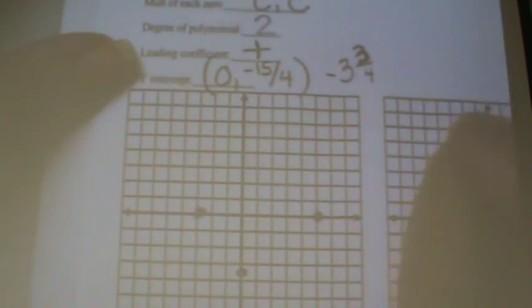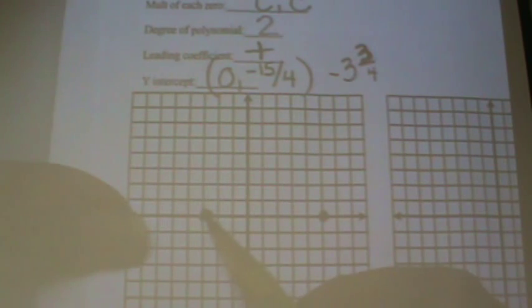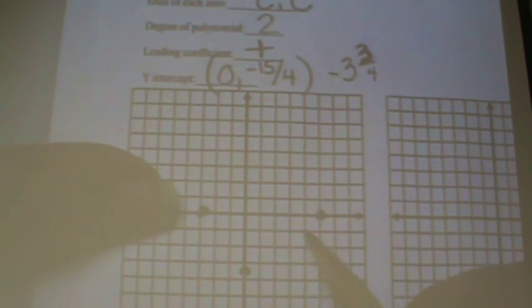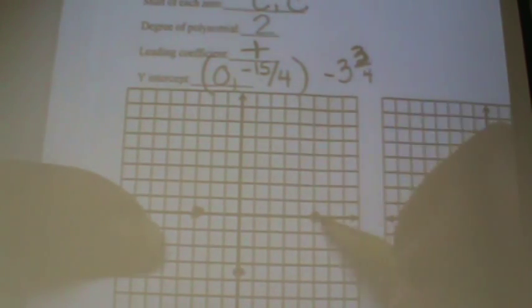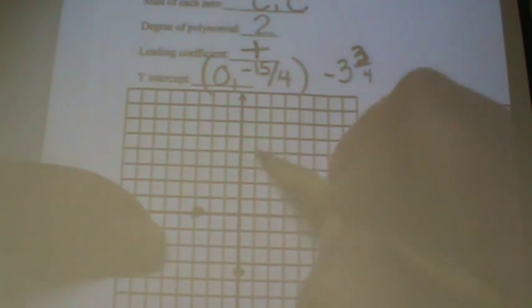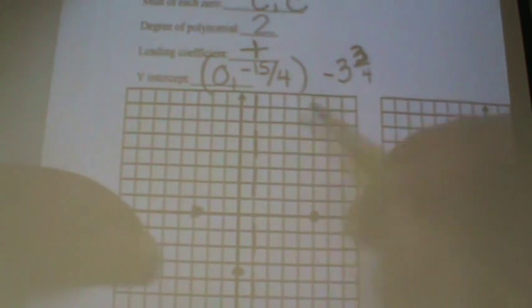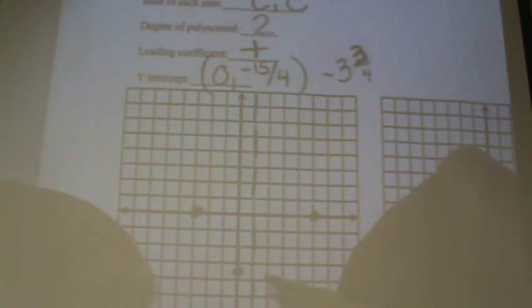Now this is a U-shaped figure. You could take these two and average them and figure out what the axis of symmetry is, and you can draw it like that. Or you could, let's see, we've got 1, 2, 3, 4, 5, 6, 7, 8. So half of that would be 4, 1, 2, 3, 4. So this is going to be your axis of symmetry, or you can use your formula x equals -b over 2a. Now you really should, for this one, find your